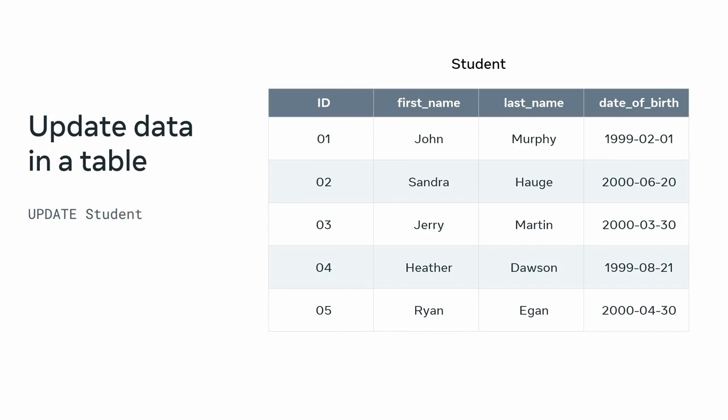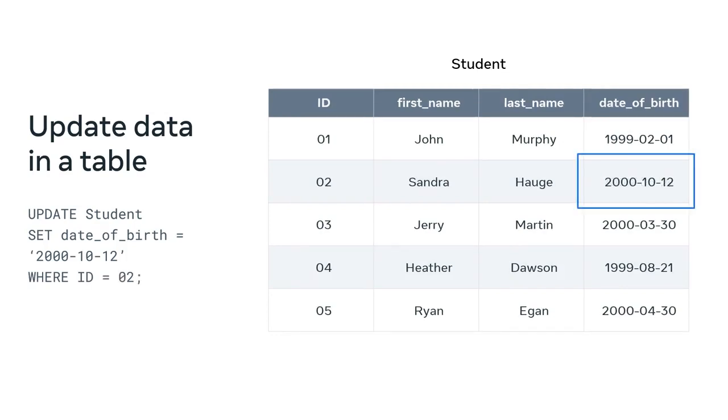To change this data, I can use the update syntax, which is part of the DML subset of SQL. First, I add the update keyword, followed by the student table name. Then I use the set keyword, followed by columns and values I want to update, written as key value pairings. In this instance, it's the date of birth column and a new date of birth value. Finally, I add the where clause and a condition to filter the records I need. For example, to change the data for the student with the ID of 2, I can type where ID equal